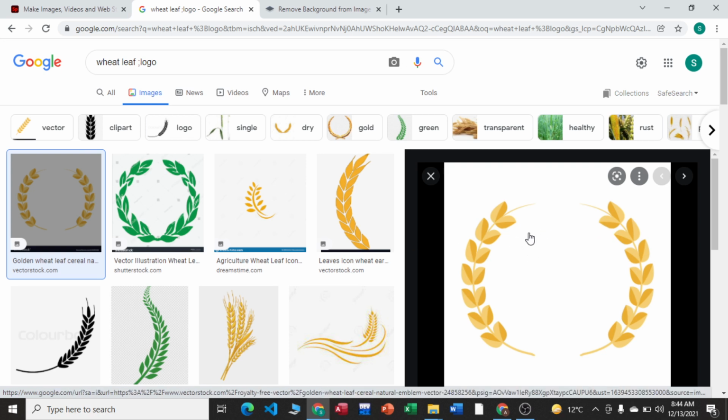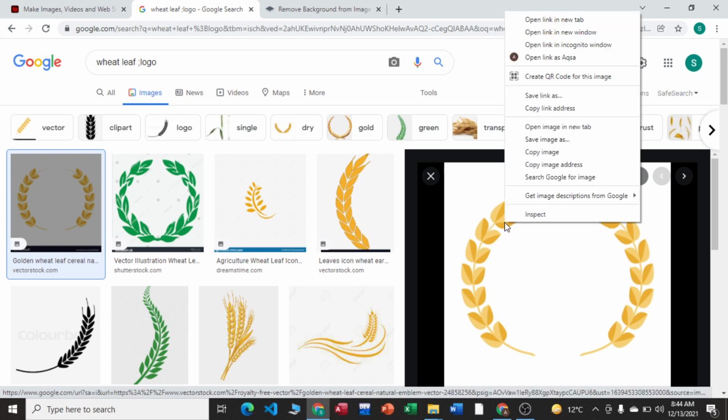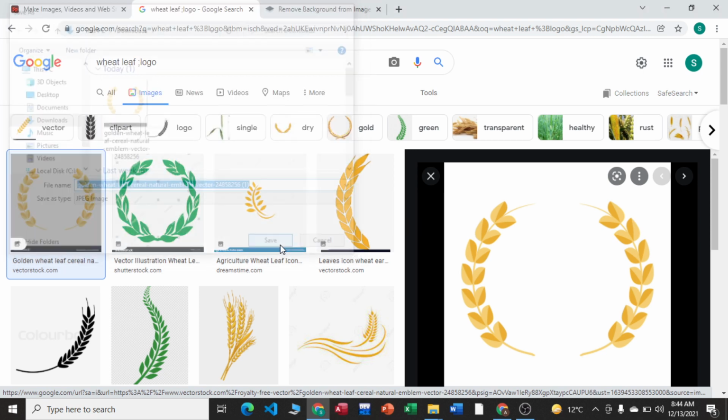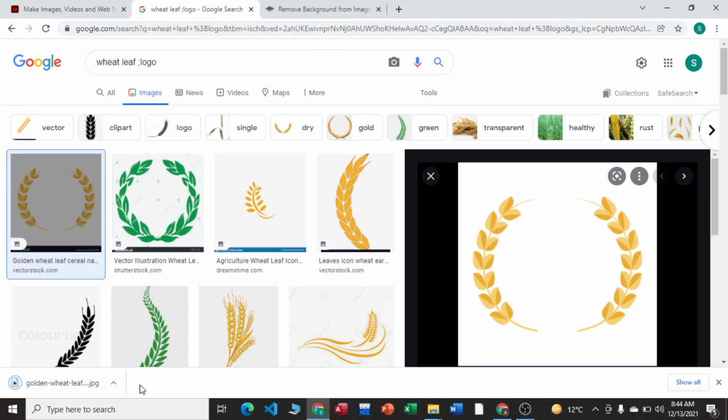First of all, I'm going to right click on the image and choose save image as, and this image is saved in the download section. You can click on the save option. This image is saved. Now I am going toward